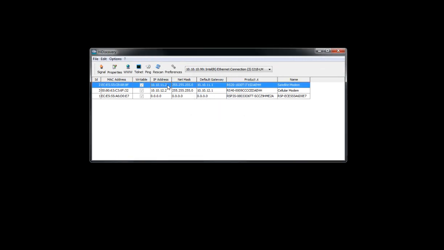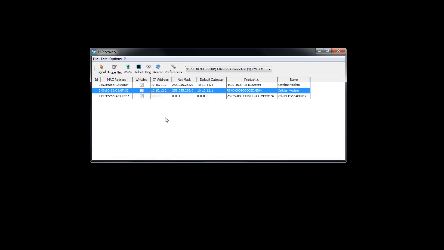I've also connected two other devices, which allow me to ping them just to verify that I have the routed interfaces properly connected. This is going to be my satellite modem, and this one here is going to be my cellular modem. They are on a .11 and .12 subnet respectively, and they're utilizing the default gateway, which is going to be the routed interface address that I need to assign